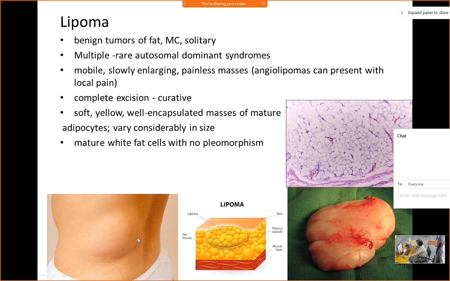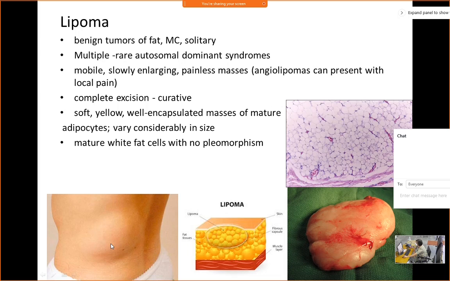If you feel a lipoma, it slips under your finger. You can't really grab hold of it. It keeps slipping out because it's fatty. So they are mobile and slowly enlarging. Usually when a patient comes with this mass and you ask how many years it's been there, they will tell you it's 10 or 15 years old. Looking at a mass like this, 10 or 15 years old, with absolutely normal skin, you will think it's a benign tumor.